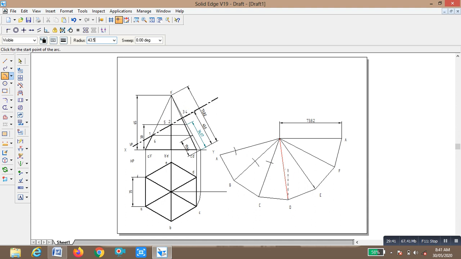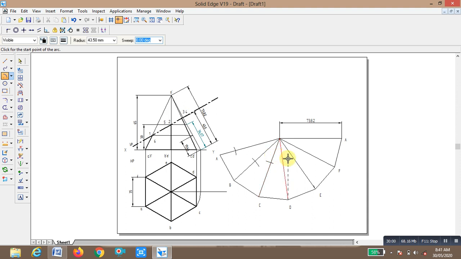Next arc, we are going to take the distance on point E. B and E are at the same height, again 34.07.